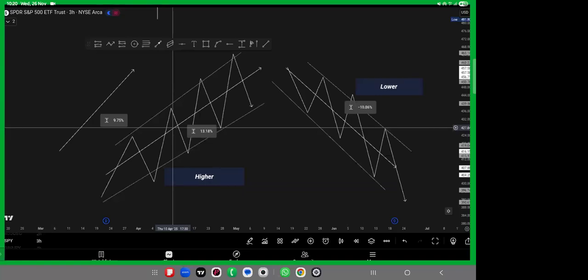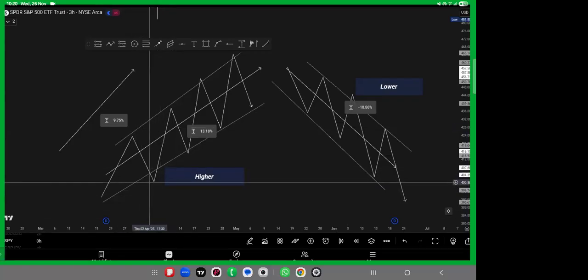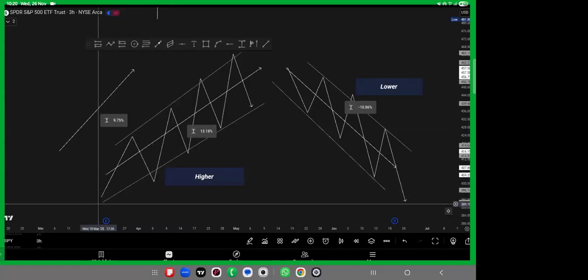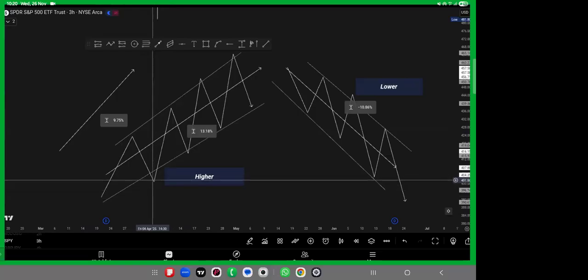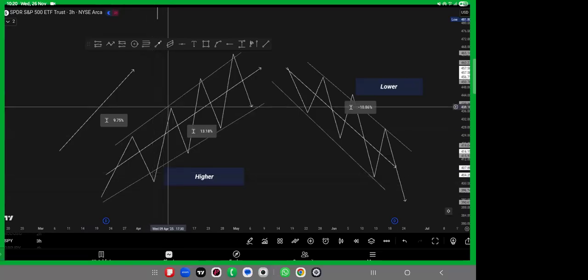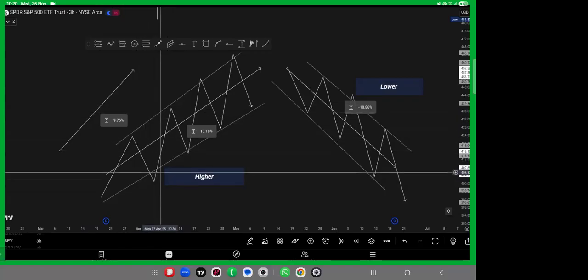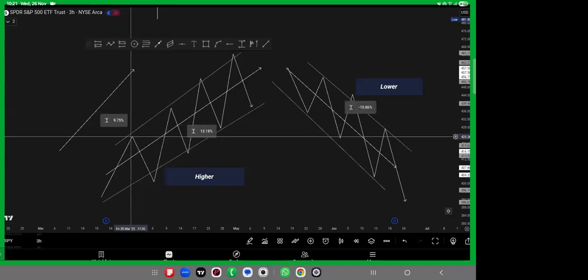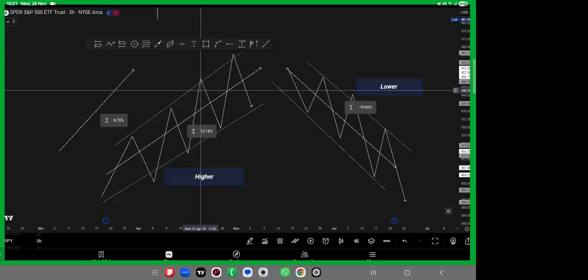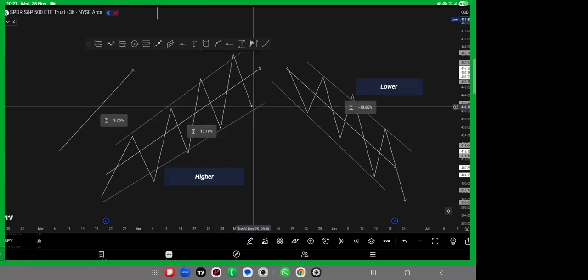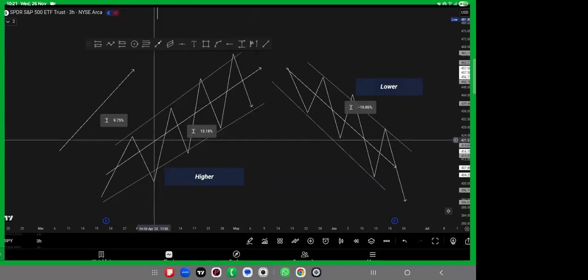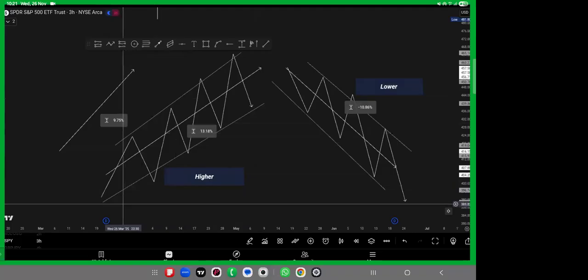Now, the next thing you want to see is the formation of a higher low, in which instead of price giving you a lower low, price will give you a low that is higher than the previous low. Once price does that, what you should expect next is the formation of another higher high, because that is the sequence: higher high, higher low, higher high, higher low. Price will continue that particular sequence.